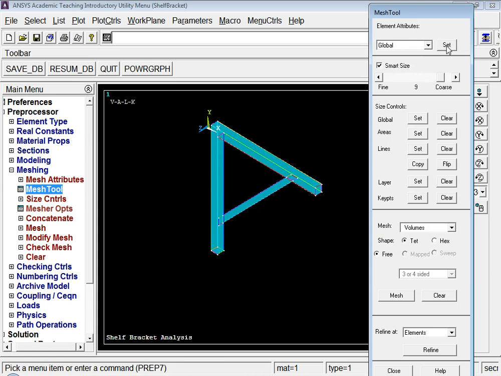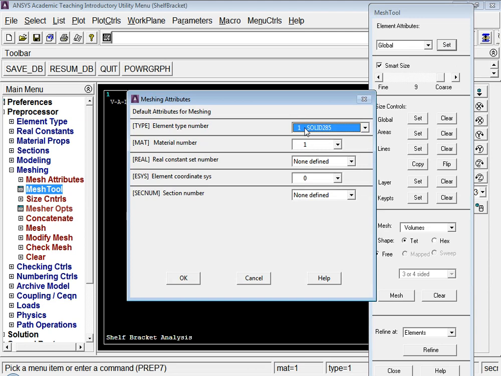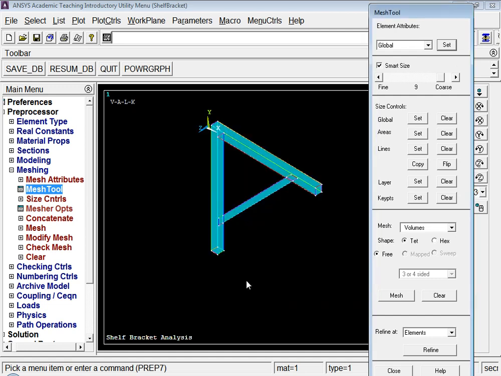The default element attributes you can change, but since here we don't have any attributes apart from element type, which is one, and material, which is one, this is of no use right now. So we can directly mesh the volume elements with the help of tetrahedrons, and it is going to be a free method. So I'll say mesh, and then I'll select volume.